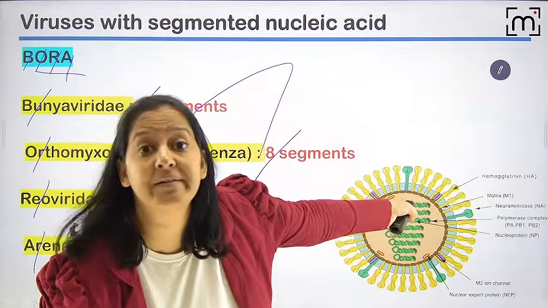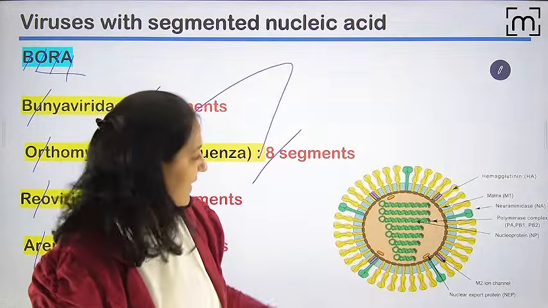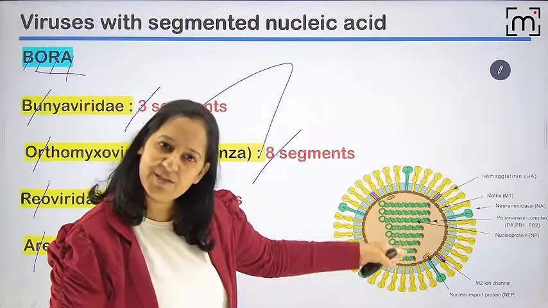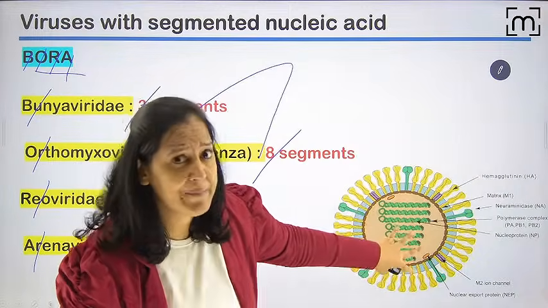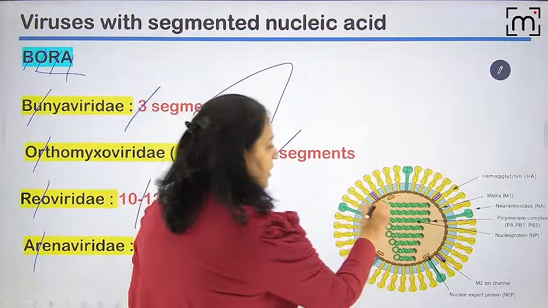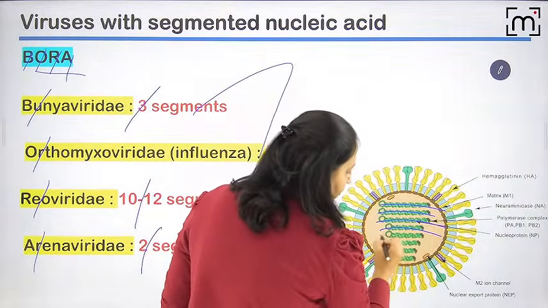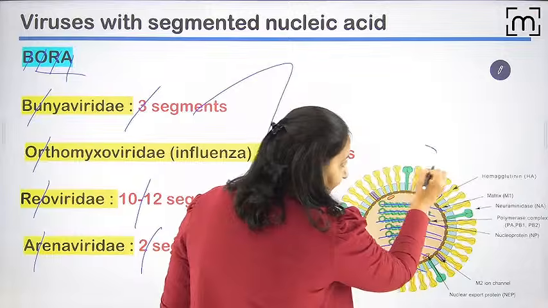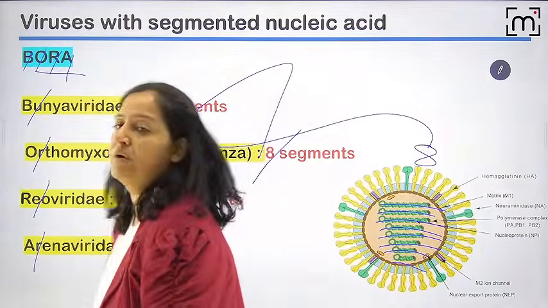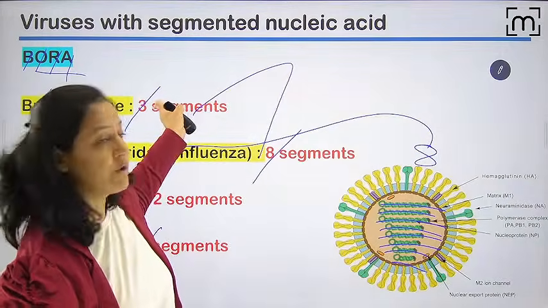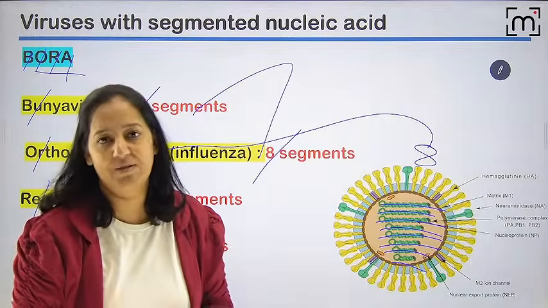Identify the virus. Spotter. Identify the virus. So I can say it is fragmented. It's RNA. It's fragmented. I can't say it's RNA or DNA, but it's fragmented. So I will count: 1, 2, 3, 4, 5, 6, 7, 8. It's 8. It's orthomyxo or influenza. Similarly, I can get a question on 3 fragments, 2 fragments, likewise, or 11 fragments.